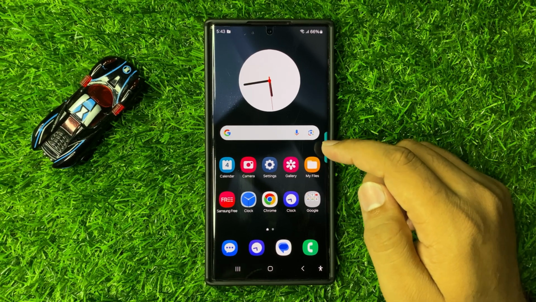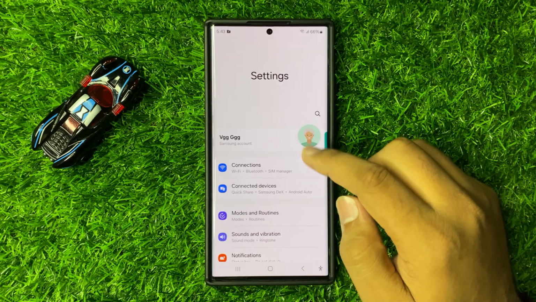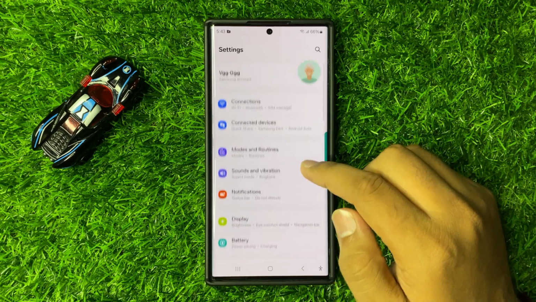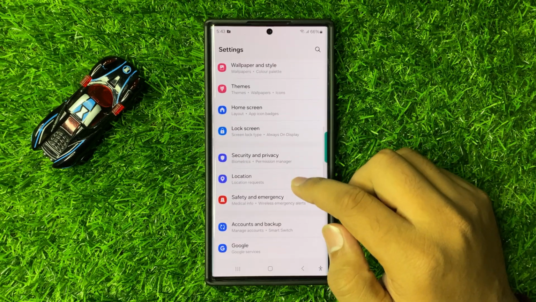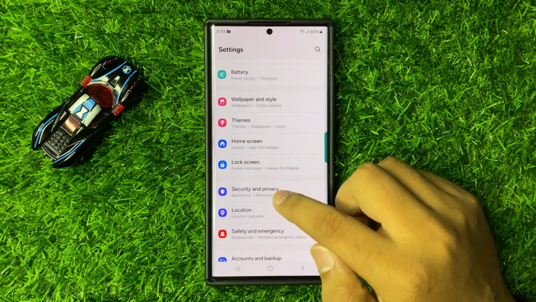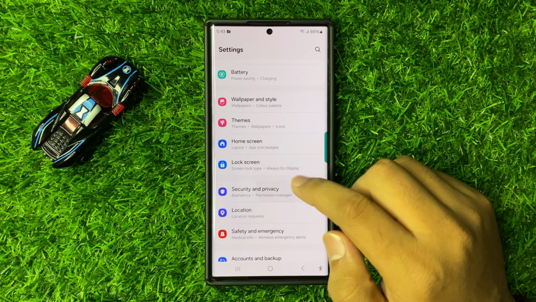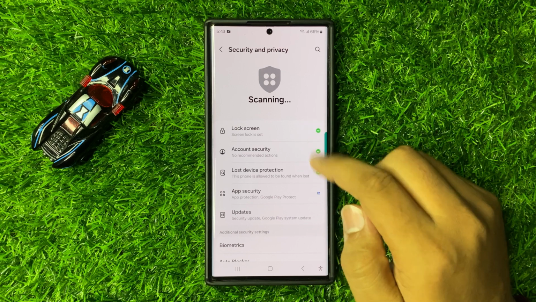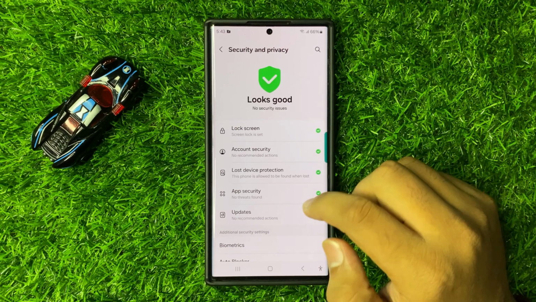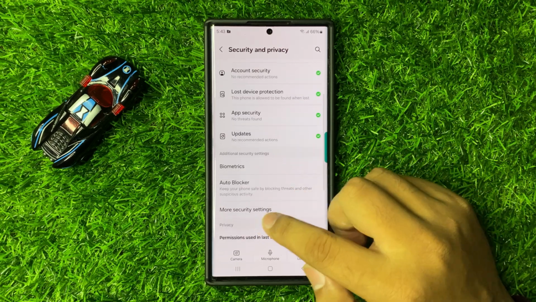So first of all, open settings. Now in settings, scroll down and click on security and privacy. Now in security and privacy, click on more security settings,